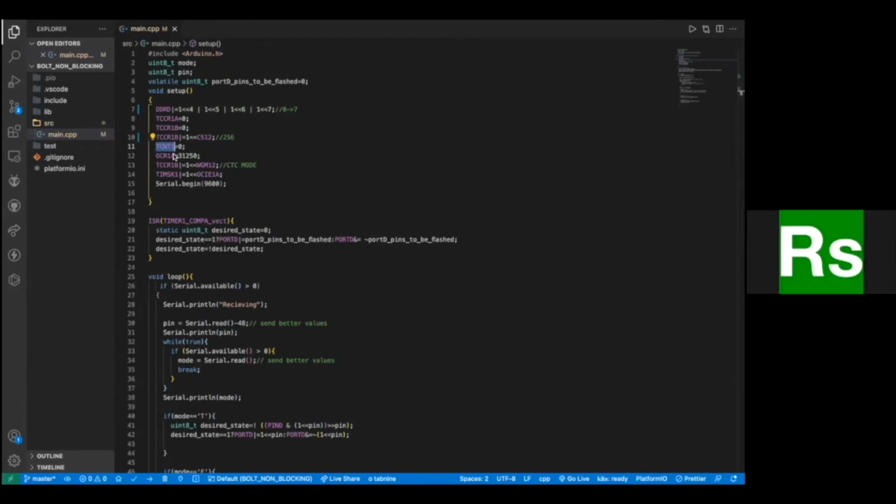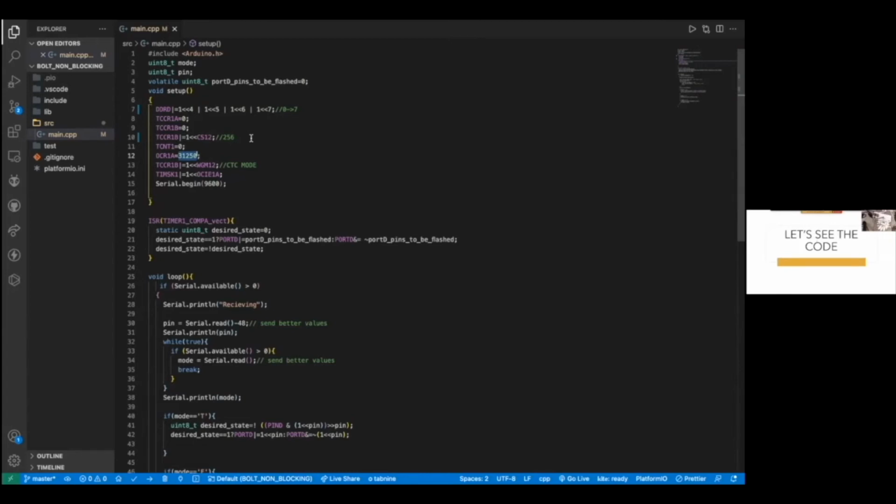And as we saw, we need to set this OCR1A register to 31,250, because that is what will be compared with the timer counter, and the timer counter is prescaled, right?